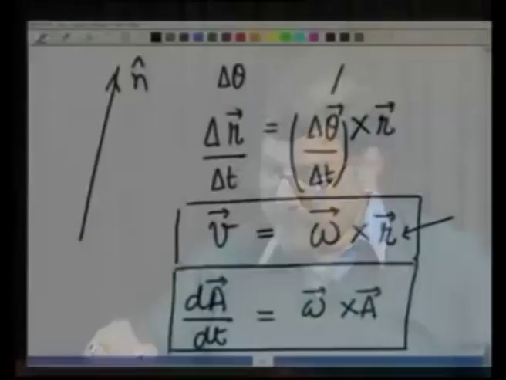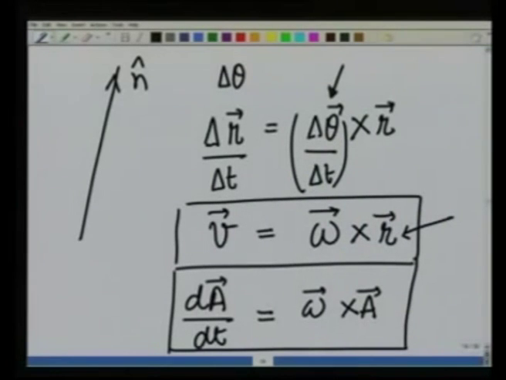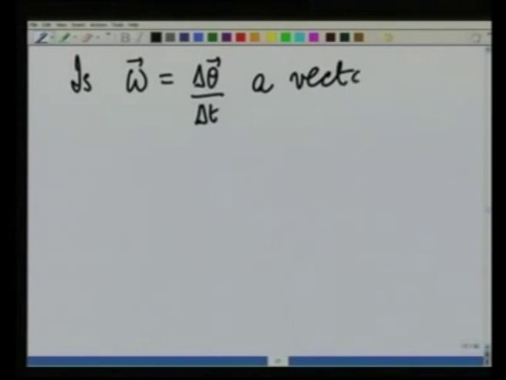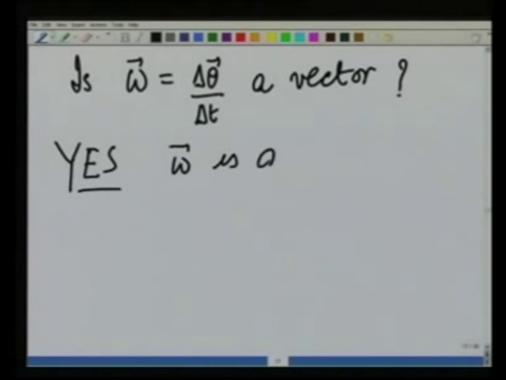Just like delta theta can be represented as a vector, delta theta over delta t can also be represented as a vector, which I now call angular velocity. So, the second thing is angular velocity, which is delta theta over delta t, a vector. The answer is yes. Omega is a vector quantity